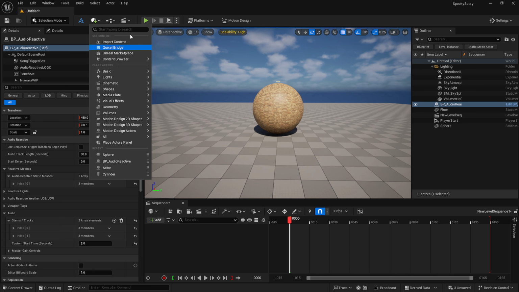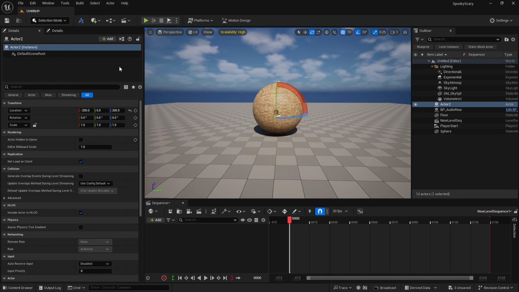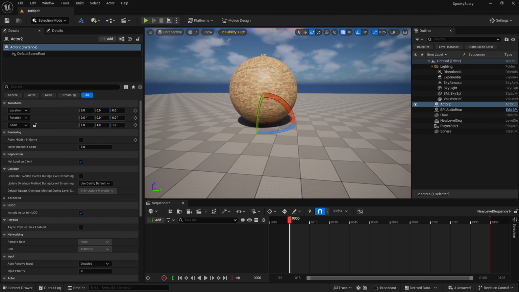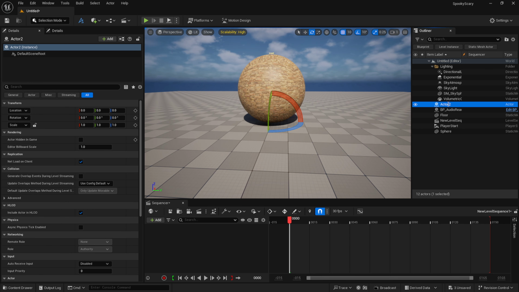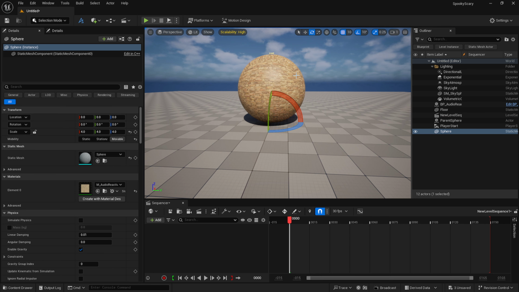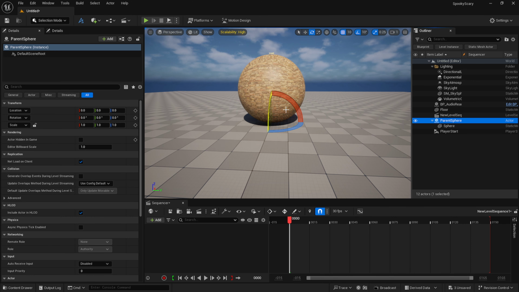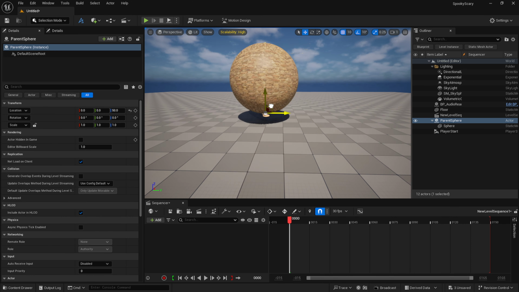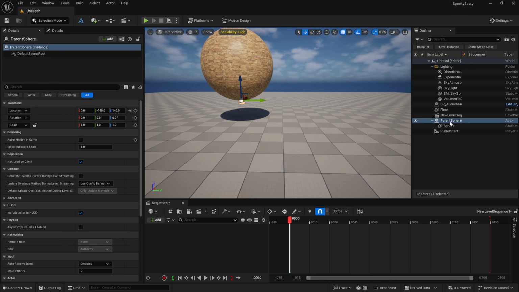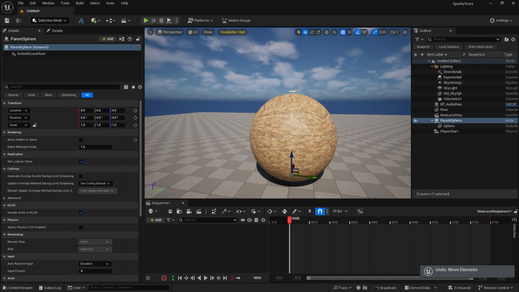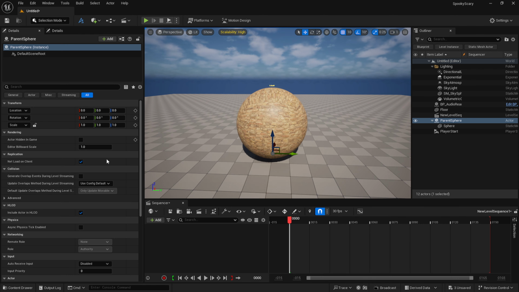We can either add an actor. Let's just throw this right at 0 so it matches the center of the sphere. And let's call this our parent sphere. So now I know this sphere is going to have this for a parent. Let's drag our sphere static mesh onto our new actor. And now we have our added layer of control where we can still move this around and it'll follow the parent sphere transforms while still respecting the transforms of the blueprint itself when everything's audio reactive.